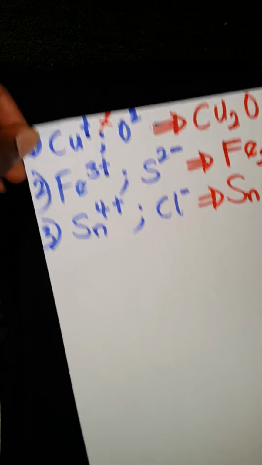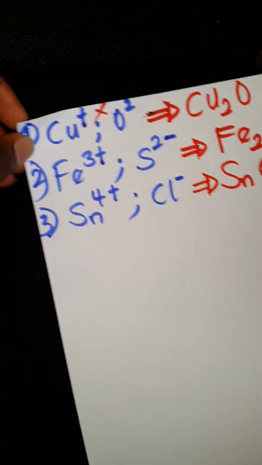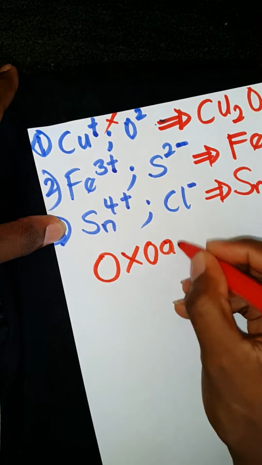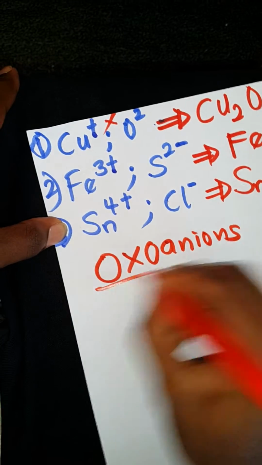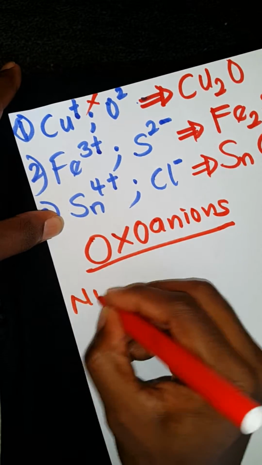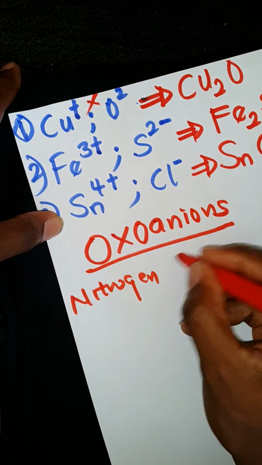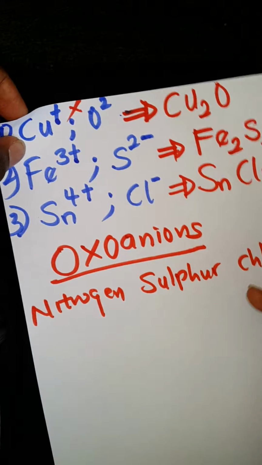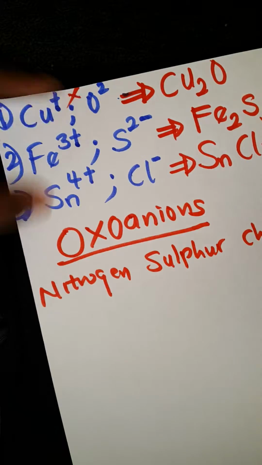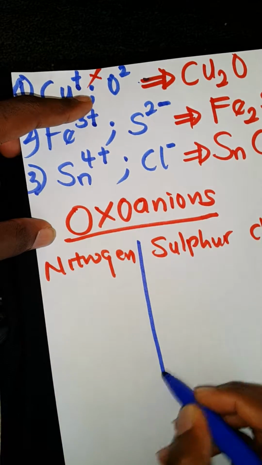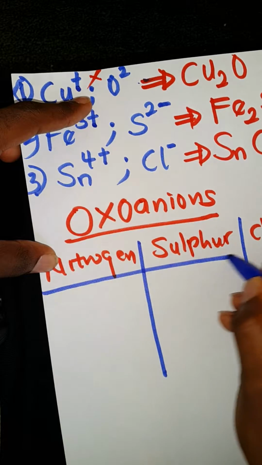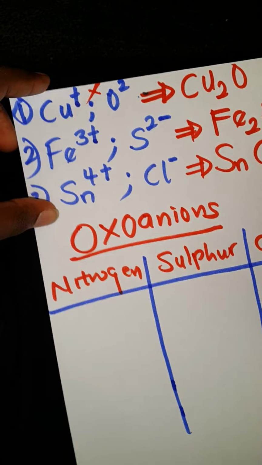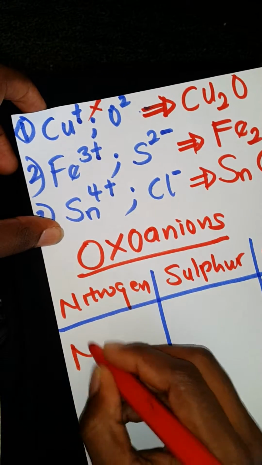So I'll also explain oxo ions. Let me explain oxo ions. Nitrogen, sulfur, and chlorine. You need to know all these things offhand, because when you are asked to name any compound, you have to apply all these rules. For nitrogen, we have